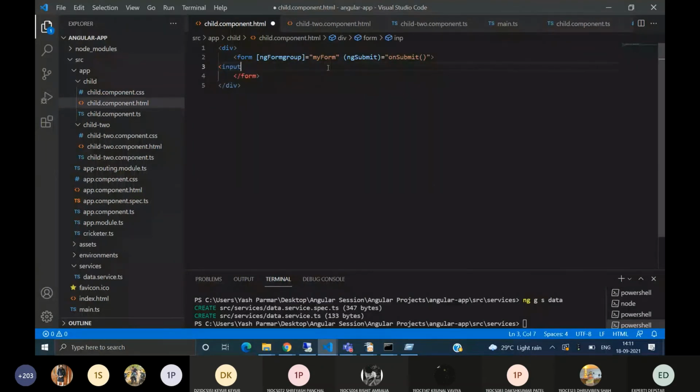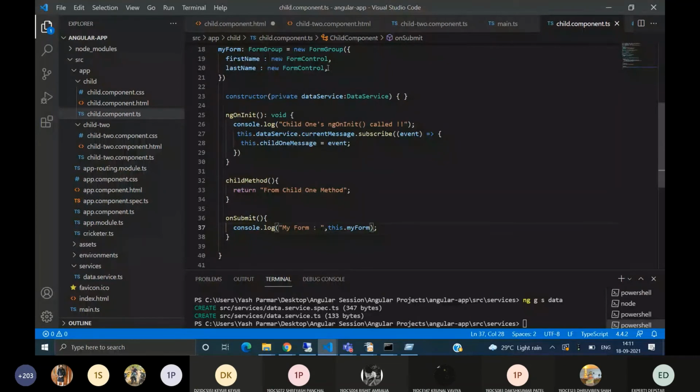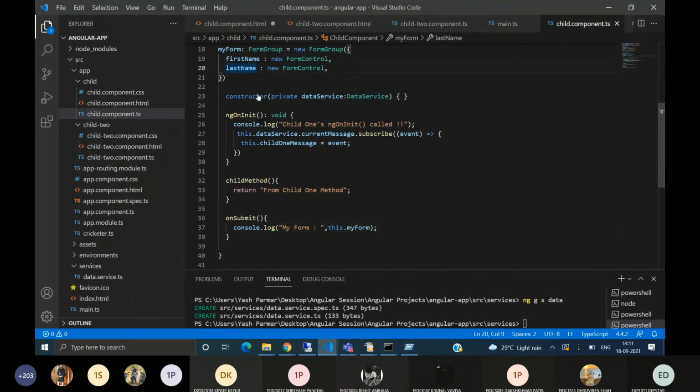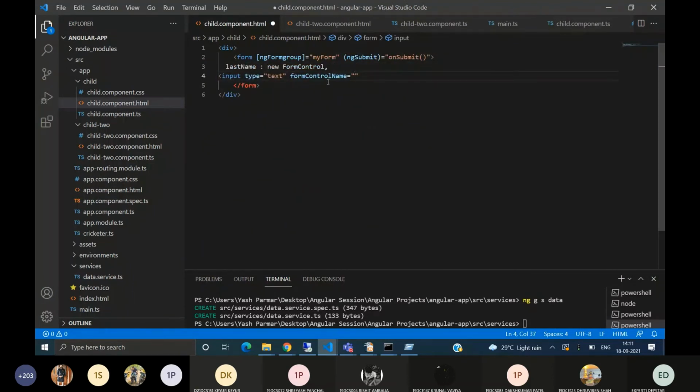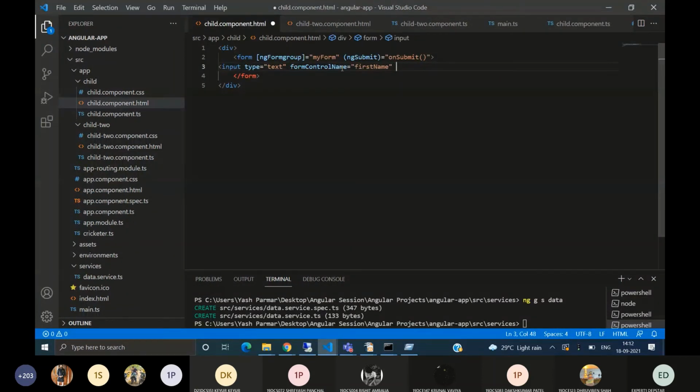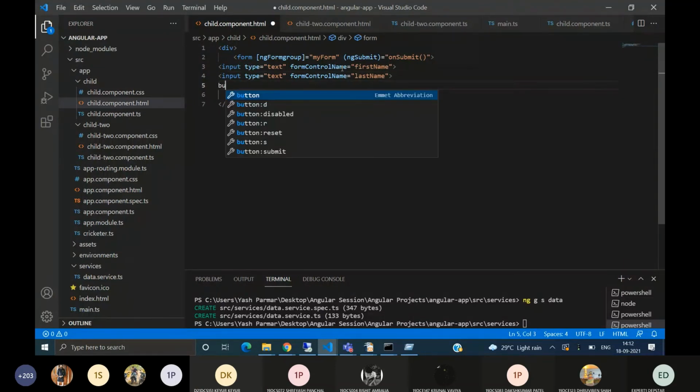Let us have your first input, text, and here we give formControlName. It is the field we want to add. Done.